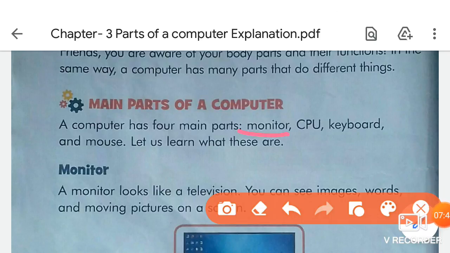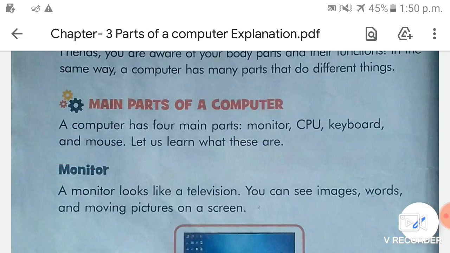So what are the names of these 4 parts? The first one is monitor, then CPU, keyboard and mouse, okay? These are the 4 main parts of a computer. Repeat after me: monitor, CPU, keyboard and mouse, okay? Is that clear?